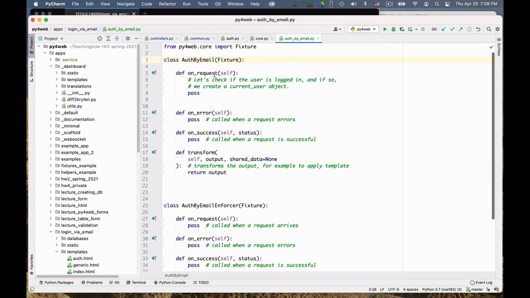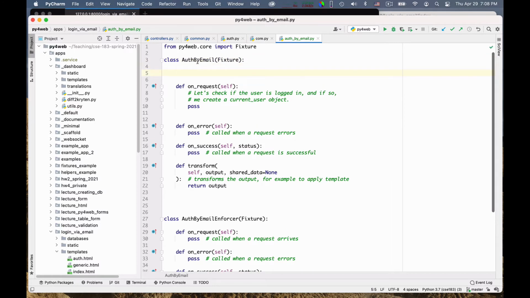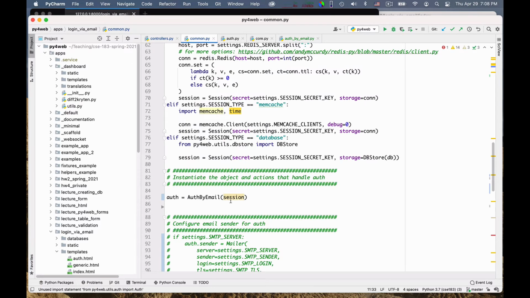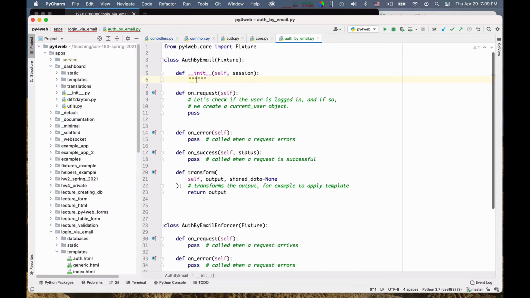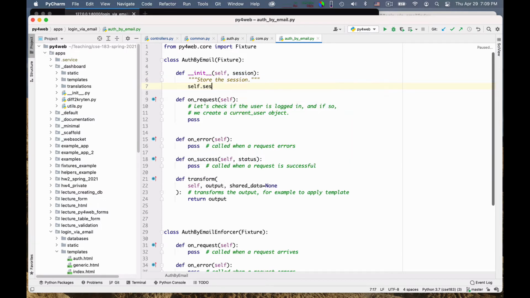So let me see how to build this. First of all, when we created this auth by email fixture in common, we pass it the session. So let me go into this code and say def init self, session, and store the session. Okay, so we want to remember the session, of course. Self.session is equal to session.